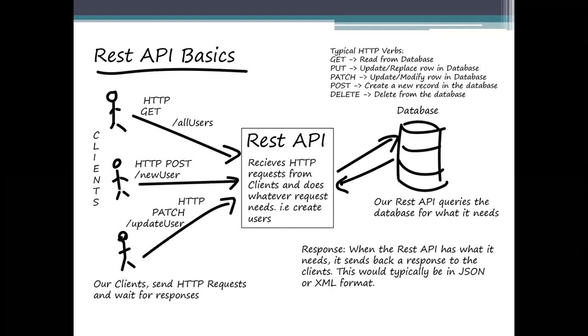Then we are using the REST API, or the REST architecture. REST is not a protocol; it deals with API representations and all these things, the REST services also. Coming to the REST API, it has five methods: get, put, patch, post, delete. Get means reading from the database, put means replacing, patch means modifying, post means creating a new record, and delete means deleting from the database as usual.